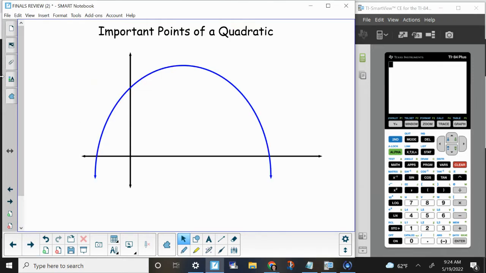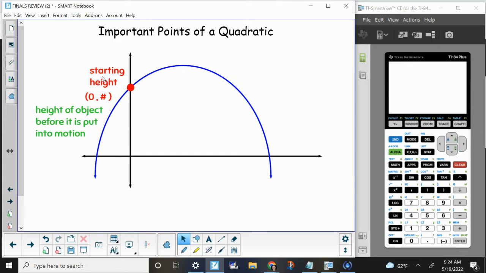And we're going to look at important points of a quadratic. Hopefully this is a good refresher. So there's a couple points that we need to pay close attention to. And the first that we're going to talk about is the y-intercept, all right,